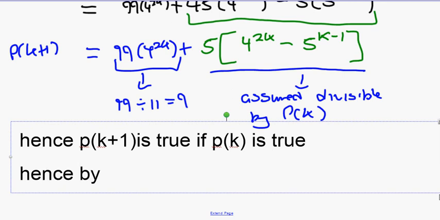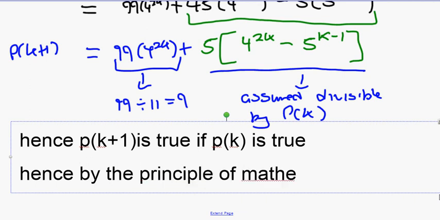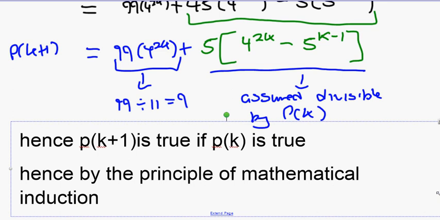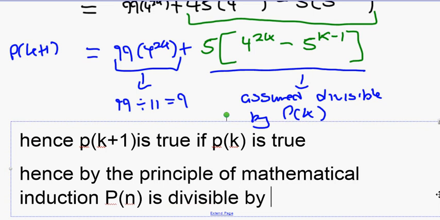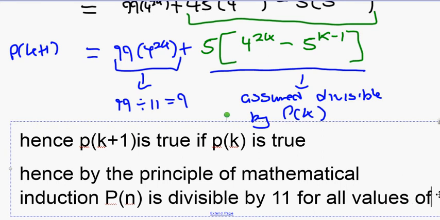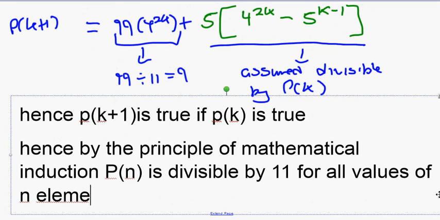Hence, by the principle of mathematical induction, P of n is divisible by 11 for all values of n, elements of the natural numbers. Okay,